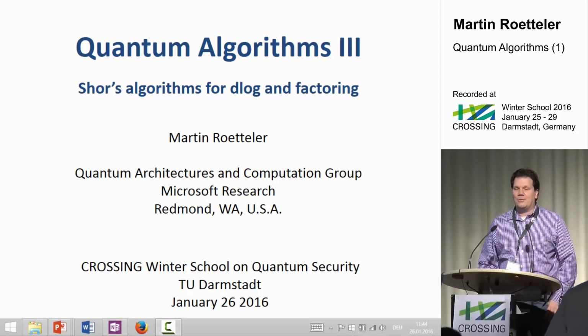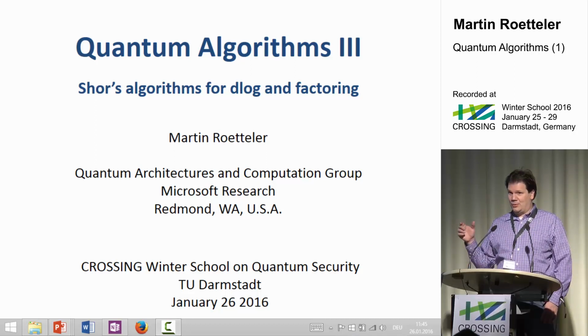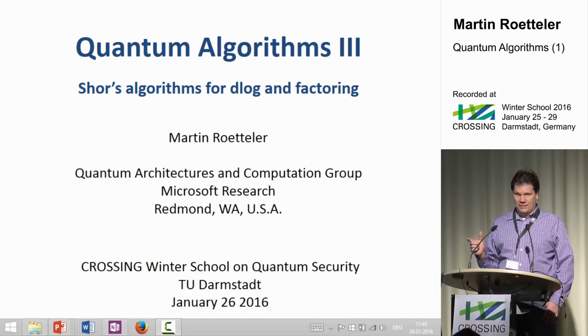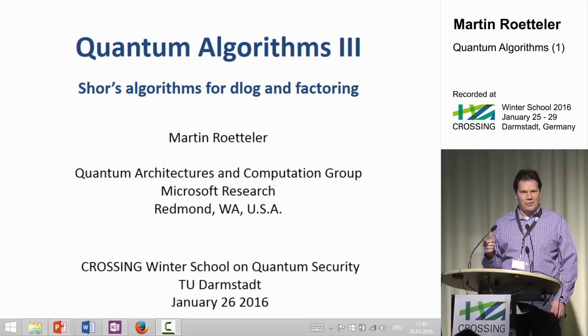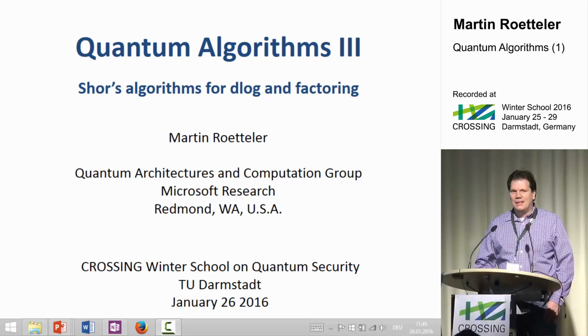I want to talk about quantum algorithms, mainly algorithms where you can get an exponential speedup compared to the best classical algorithm, and then pretty much we'll narrow it down to algorithms for factoring of integers and for discrete logarithm over some Abelian groups. And I decided I want to have some fun. I'm going to talk a little bit about elliptic curve dlog, which is not usually covered in schools like this, but I'm going to show you some stuff about that.